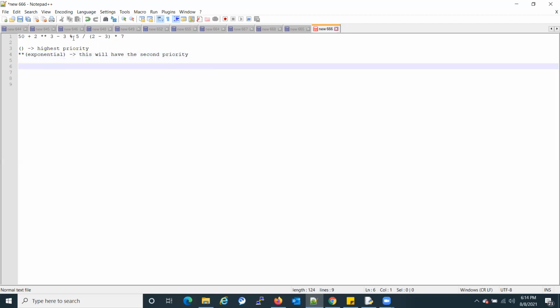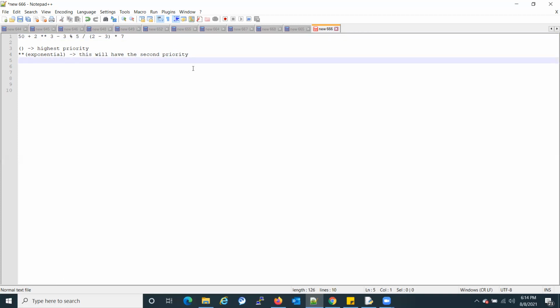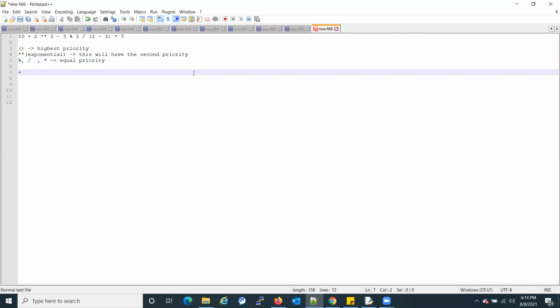Then we have here modulo, division and multiplication. These three operators have equal priority. And last, addition and subtraction. These two also have equal priority.